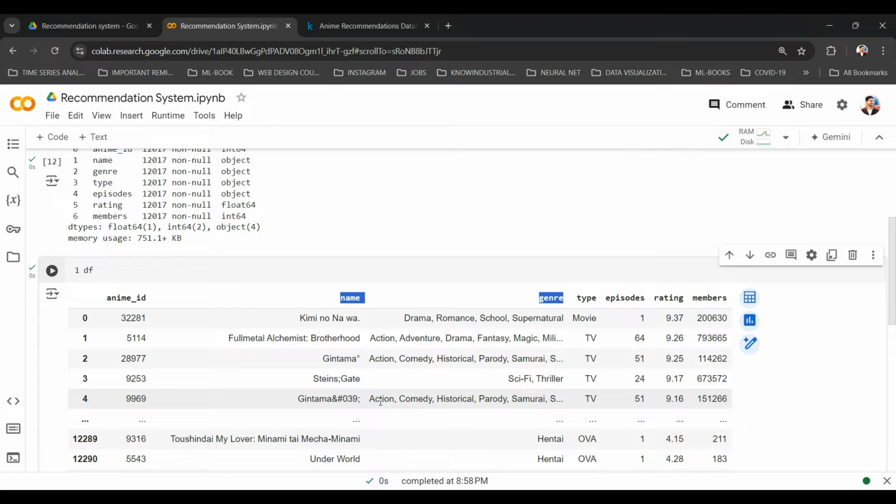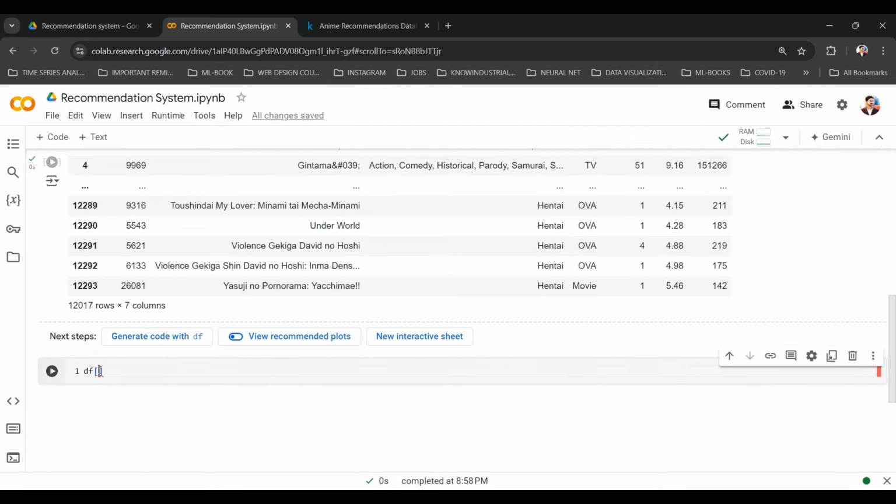If a person reads the movie name and the genre together, he or she can understand a little bit about the movie. So we can call these two columns together the description of the movie. We can create a new column named description, which will be a combination of name...